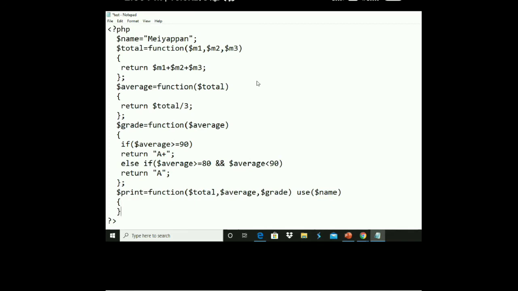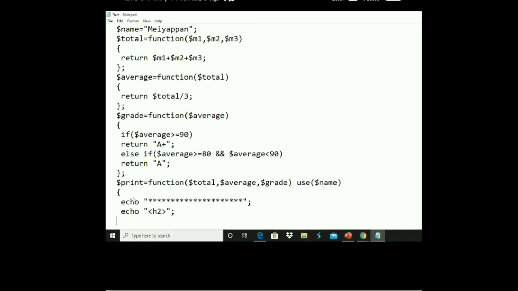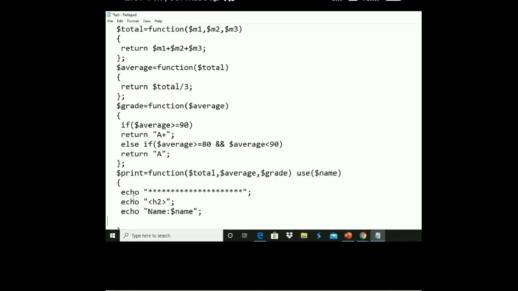I think it's very simple. So I put like this. Very simply you can do, first write echo something like this. If you want to make a big font, you can make it like this, H2, and yeah, small mistake. I should get an output like this, isn't it? Star. Yes, one output, and after that I write H2, and here I have to write echo. I should get name, colon, and where is the name here? It is in dollar here. So directly write like this. Put a semicolon like this. It will write the name as it is.